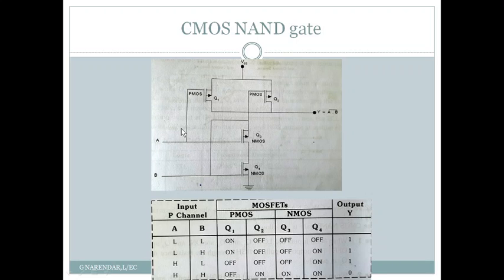You can see that when a low signal is applied, that is when A equal to low, that is when both the inputs are low, you can see that Q1 is in on state and Q2 is also in on state since they are P MOSFETs. And the N MOSFETs Q3 and Q4, so we have shown this here, the states of Q1 and Q2 we have shown here. That is, Q1 is in on state and Q2